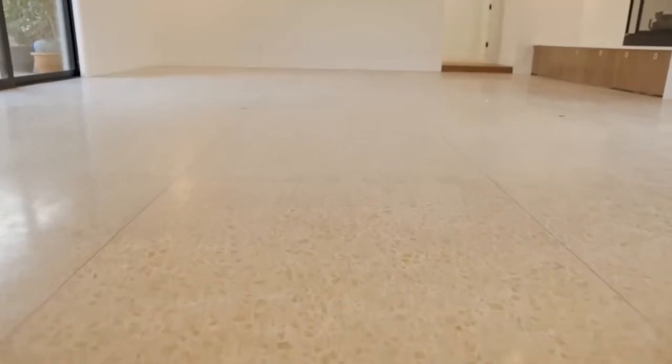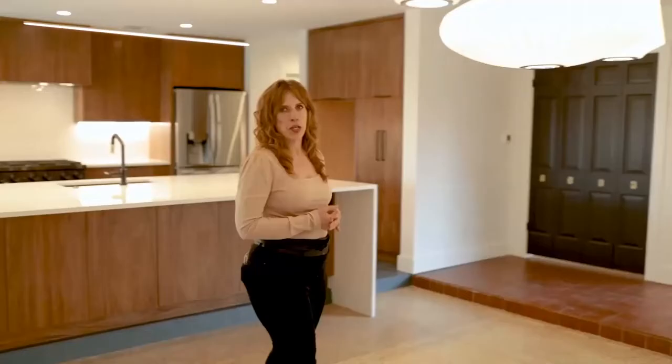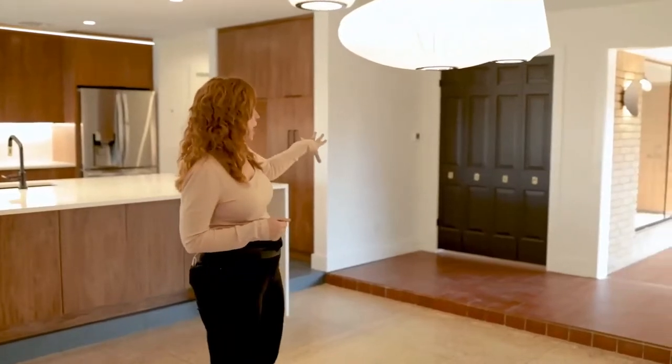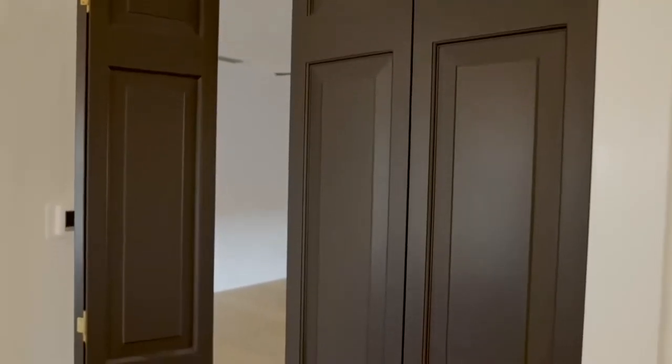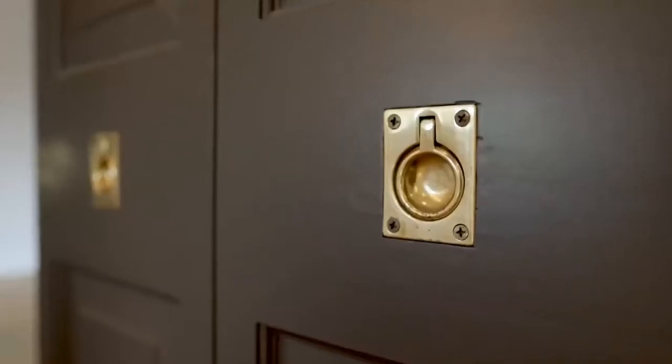Some of the characteristics that the homeowner really liked about this house, I'm going to show you today. And they're features of the home we really wanted to not only preserve but celebrate. And that includes the terrazzo floors here that will be refinished. They're all original to the home. And then we kept some of the original interior doors, which are painted black. The homeowner wanted to contrast the new versus old, and so that's a way to celebrate some of the home's